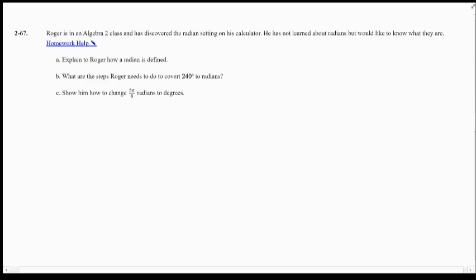But really, a radian is the idea that if I have a circle and I take the radius, let's say the radius here is 5 or something like that. If I were to wrap that around, like if it were a string, and I were to wrap that around my circle, it would land at a certain spot. And the angle measure that is created by putting the radius on the outside of the circle,